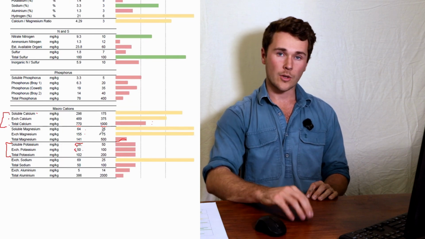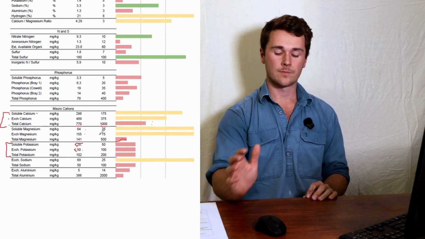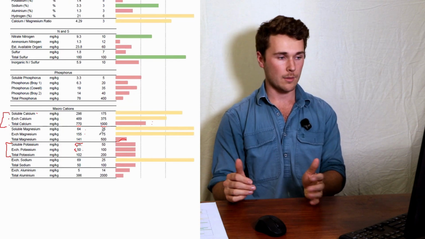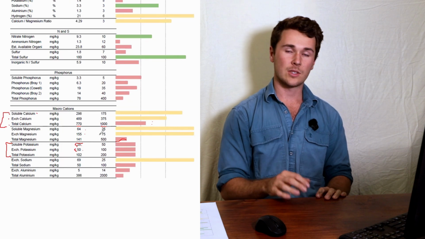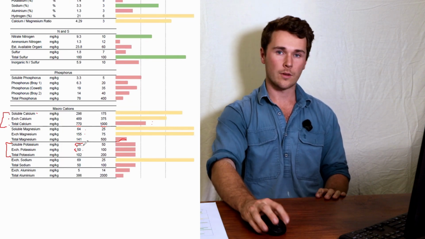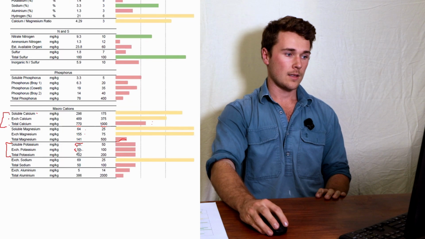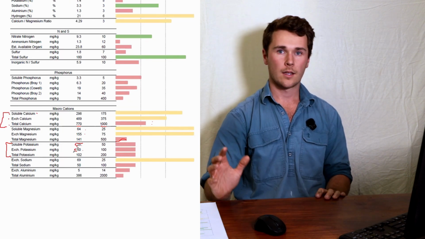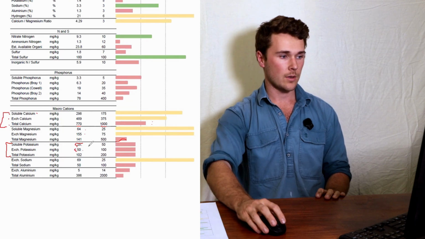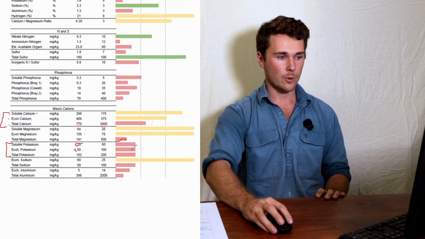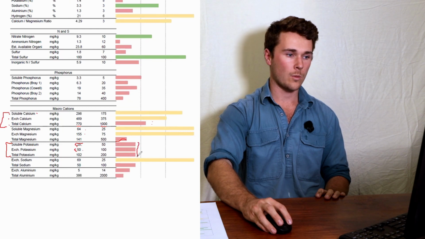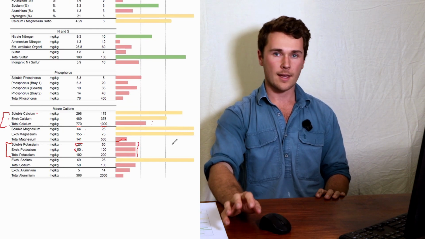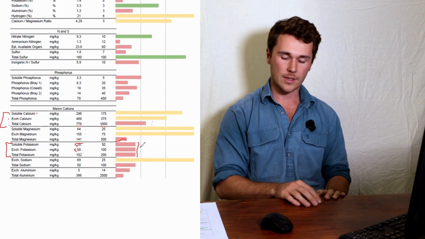We put in those numbers because we don't want to make an application which over applies a mineral, because over applying potassium can be just as bad as under applying it, or the deficiency in itself. It can prevent the uptake of calcium, which is important for all other critical stages of influence on our crop yield. But here we're critically deficient, so it's very worthwhile to consider making a potassium application